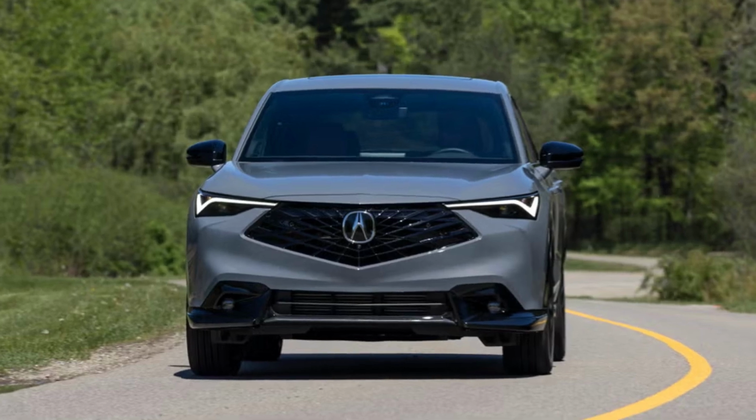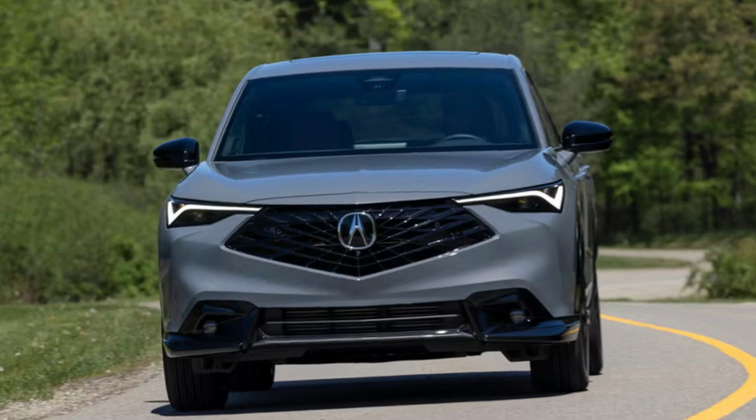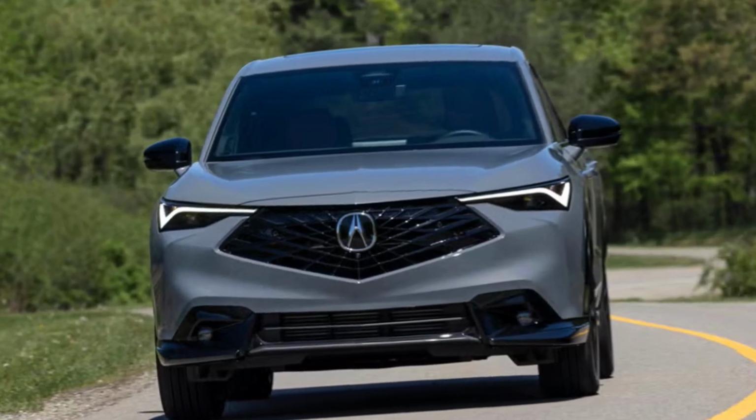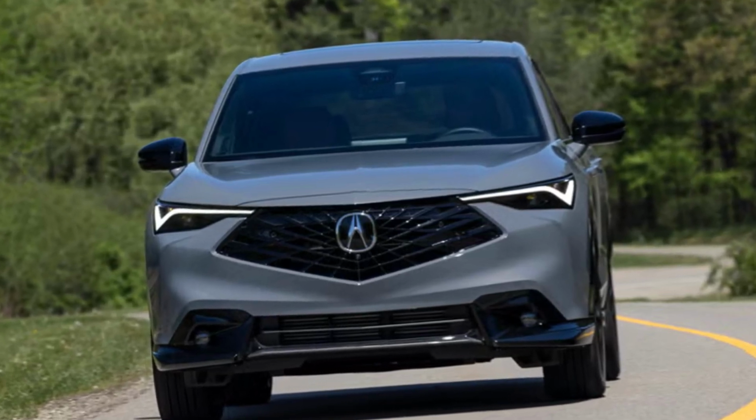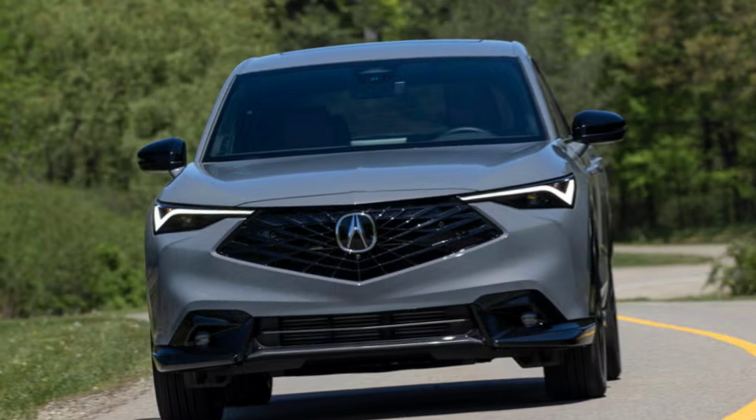Sadly, the Acura ADX tries the same trick, but gets it wrong. This is an upmarket SUV so focused on value that it forgets the emotional and aspirational sides of the equation. The ADX can justifiably brag about good genes, sharing underpinnings